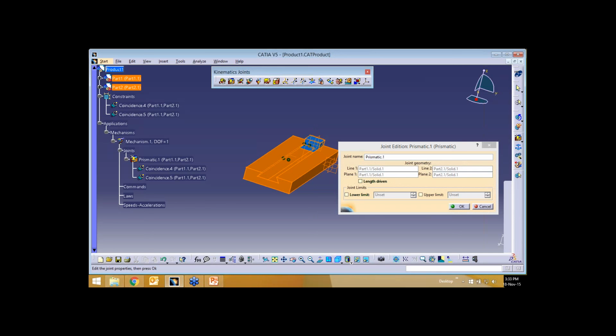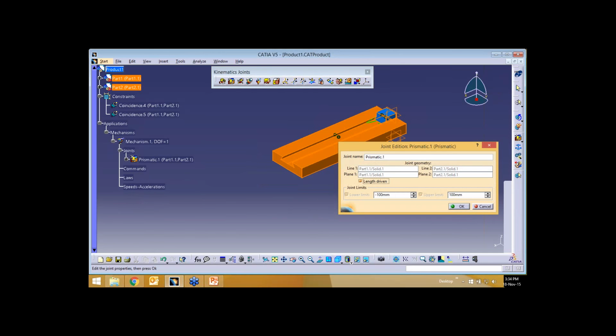So immediate, I'll select it here. When I'm just moving it, it moves along your cursor. When you go for on request, it will record the movement, and it will be divided by the number of steps, and it will be played. Here I'm going to give it like 2000, and I'll just move it, and I'll play it. See here, this blue color is moving from 0 to 450 mm distance.